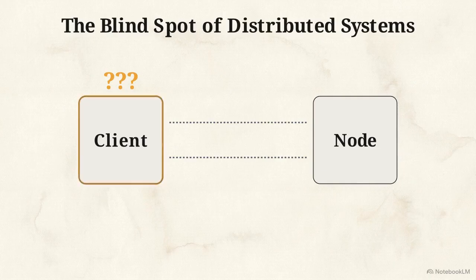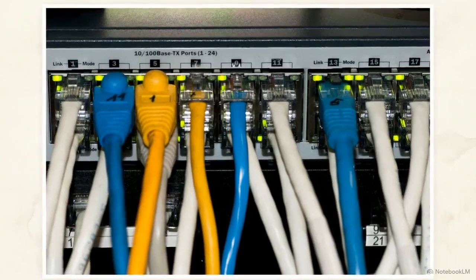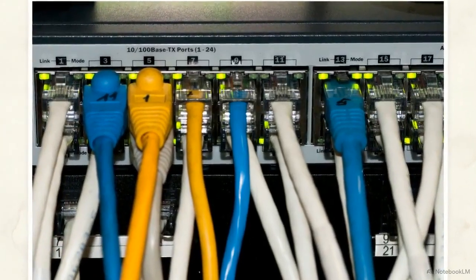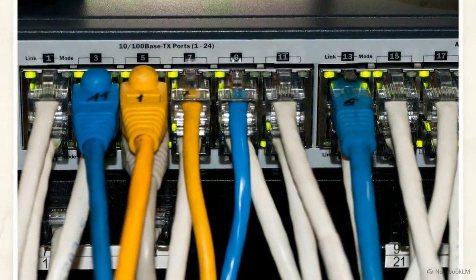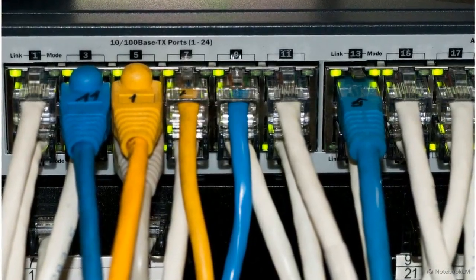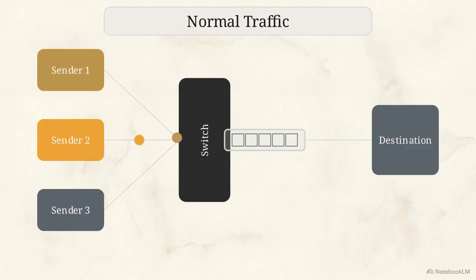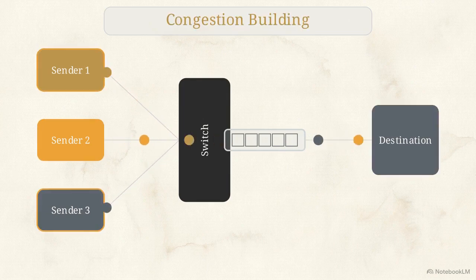The only available recourse is to set a timeout, giving up after a certain number of milliseconds. But determining the exact length of that timeout requires predicting the physical bottlenecks of the hardware routing those packets. This diagram maps network congestion. If multiple machines send data to the same destination simultaneously, the physical switch must line those packets up in an output queue and feed them into the destination link one by one.